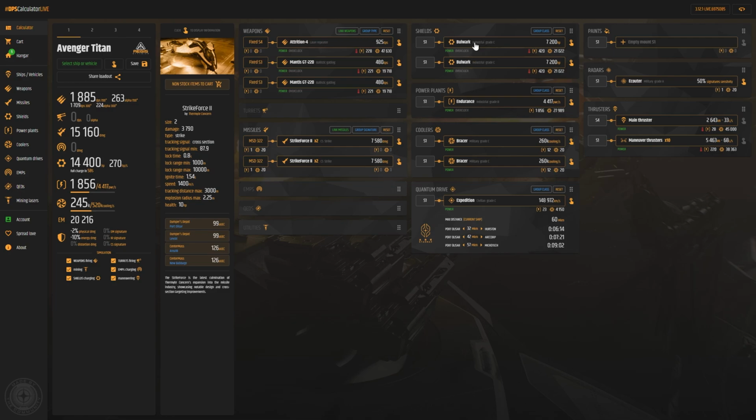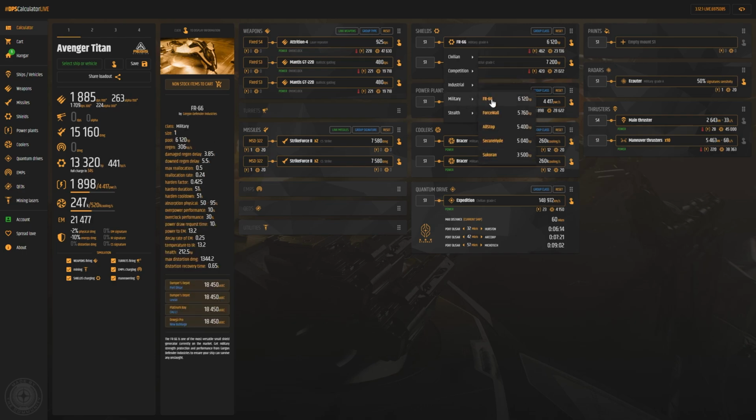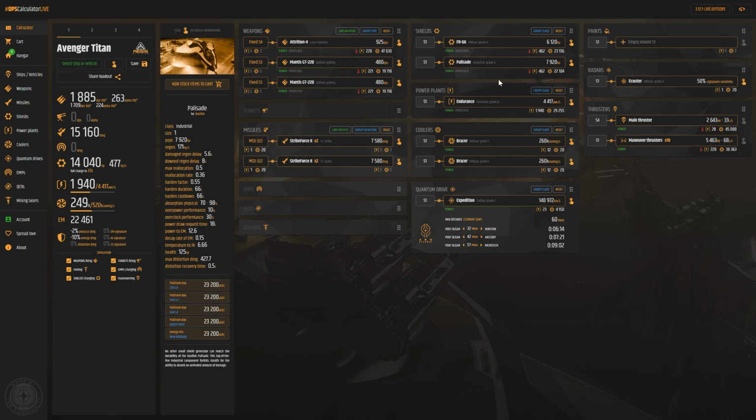As far as our shields go, everything here is industrial grade C. Our power plant is industrial grade B. Our coolers are military grade C, and our quantum drive is a military grade C. We're going to change those shields up to my standard size 1 shield layout of an FR66 and an industrial Palisade. So now our shield total hit point pool is